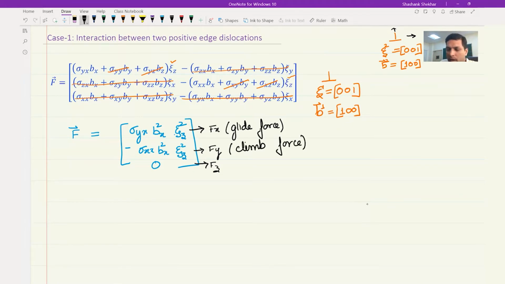But we will not consider the climb force very much at this time, because that climb force will also be dependent on temperature. So it is not only this force that has to be taken into account, but also the temperature, and moreover in room temperature deformation, this would anyway be non-significant, unless we are doing that deformation at high temperature. Okay, so with that,